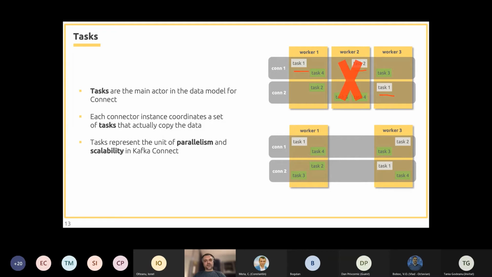And one important aspect is that the fault tolerance does not cover task failures, because task failures are considered an exceptional case.